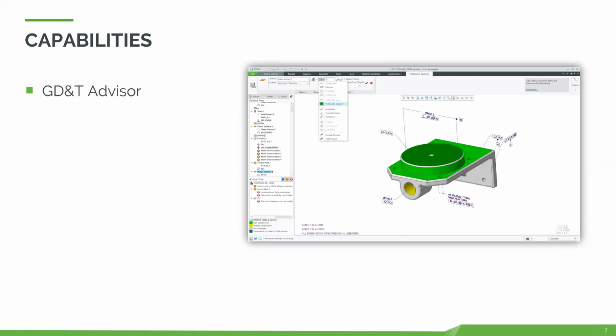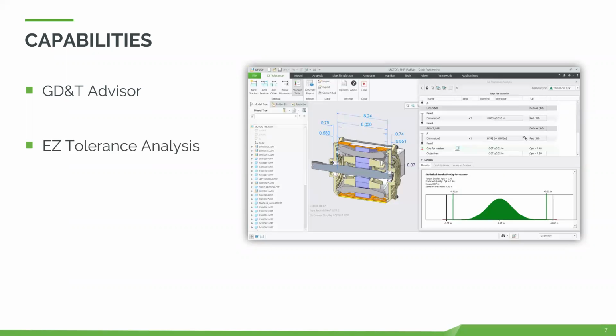A couple other tools that we work with along this process as well that you want to be aware of is a tool called the Easy Tolerance Analysis extension as well. This is more so for evaluating the impact of the tolerances and the dimensions that you put into your designs. So this is what we would do for what you might think of for 1D or 3D stack ups, where you're able to go through and work with this well before something like a product would ever go out for